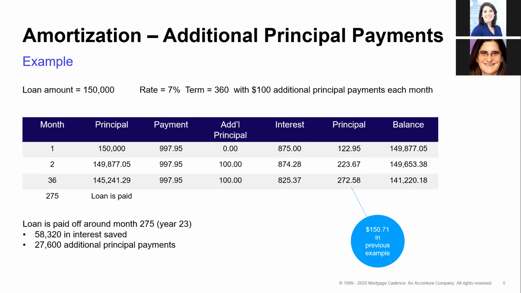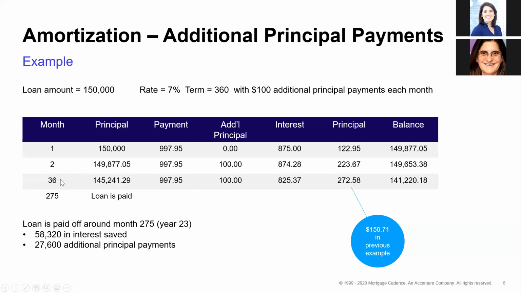We always hear people say, well, if you pay a little extra each month in your payment, you'll save money in the long run. What does that look like? Same loan we just did, but in this case, my borrower is putting in an extra $100 to principal every month. Okay. And so instead of the $122, $123 going to principal, we see they started with month 2, putting an extra $100 in.